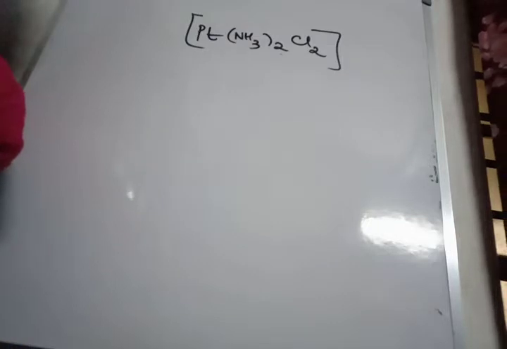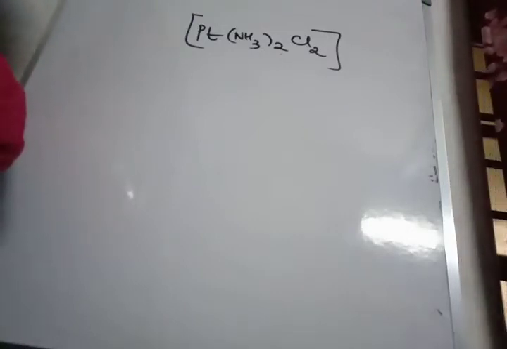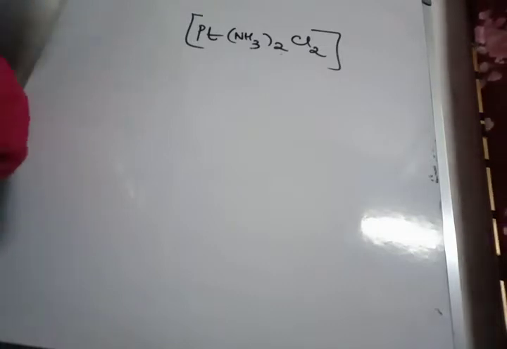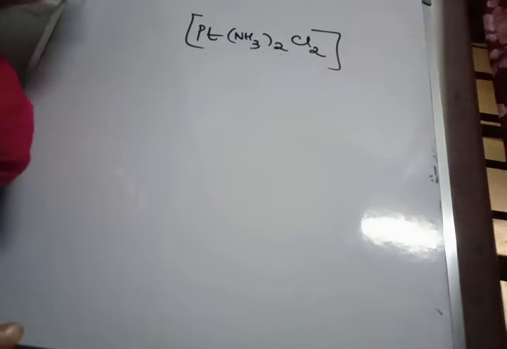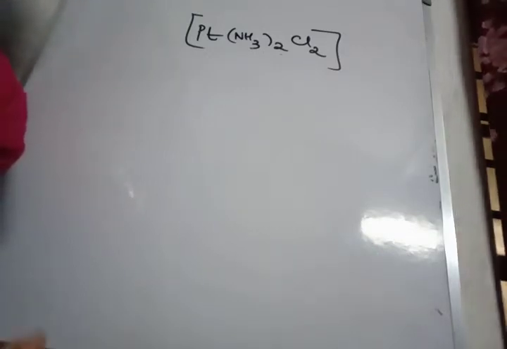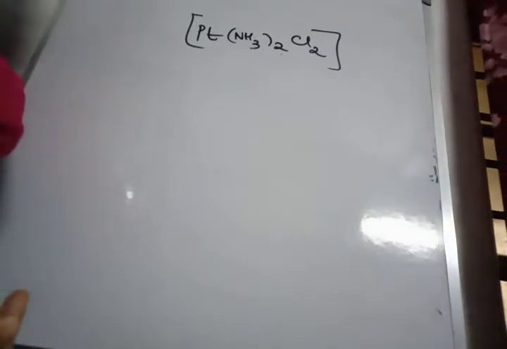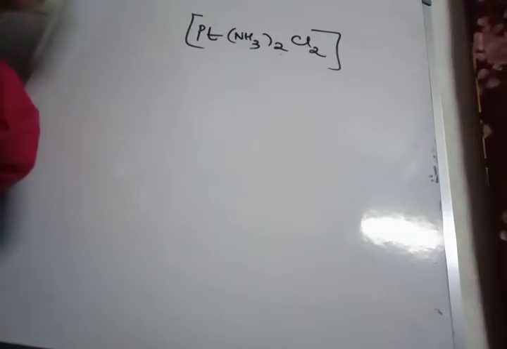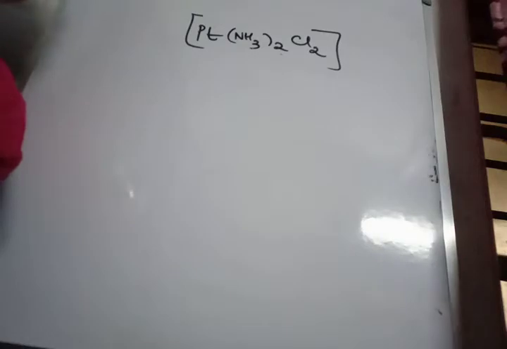Then Ziegler-Natta catalyst, it's basically a combination of titanium and aluminium that helps to convert ethene to polythene, right? Next, basically the important constituents like chlorophyll is a coordination compound of magnesium. Hemoglobin is a coordination compound containing Fe2+ ions. Vitamin B12, it's a complex containing cobalt 3+ ions, right? And coordination compounds are used in photography as well.